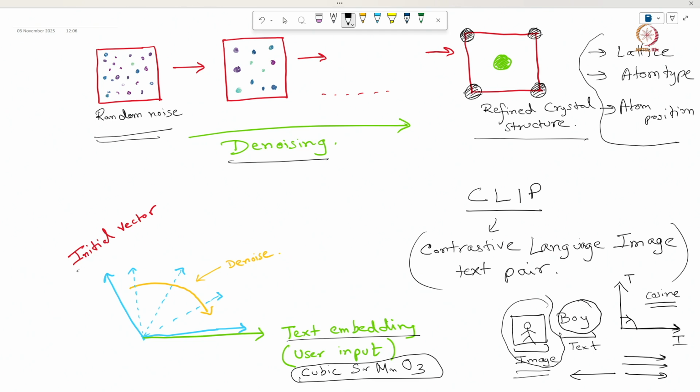So you start with a randomly initialized vector. This vector is your crystal in embedding space. Now as the denoising process proceeds, this vector finally tries to line up with the text embedding, and this becomes your final vector.